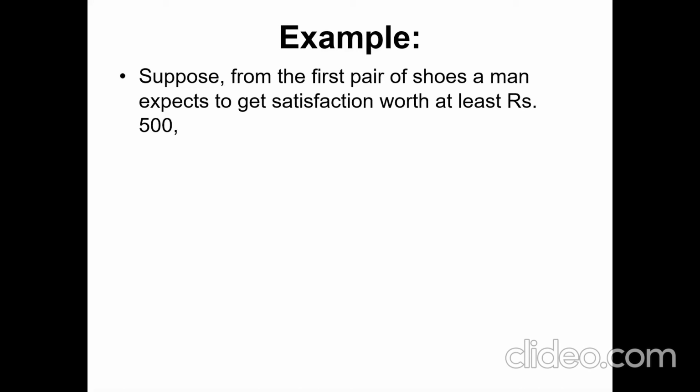Marshall explained this consumer surplus in such a way that the price which a person pays for a thing can never exceed, and seldom comes up to, that which he would be willing to pay rather than go without it. Understood? So the satisfaction which he gets from its purchase generally exceeds that which he gives up in paying away its price, and he thus derives from the purchase a surplus of satisfaction.